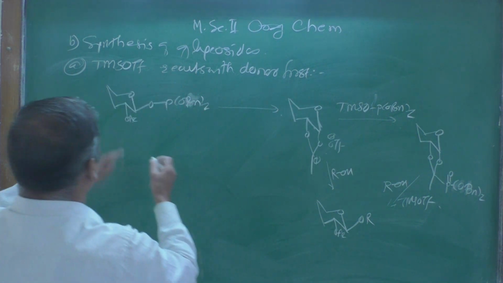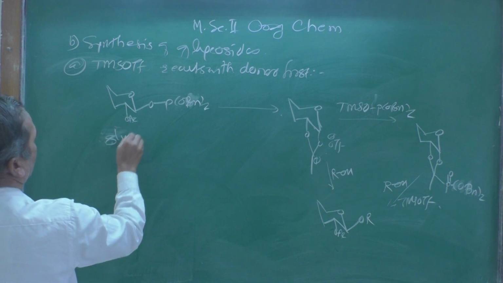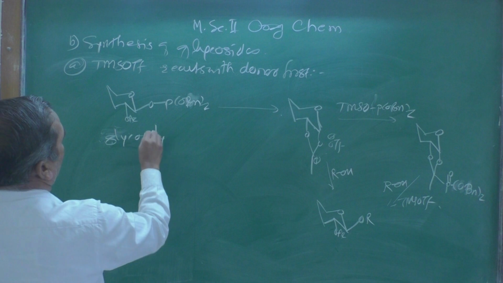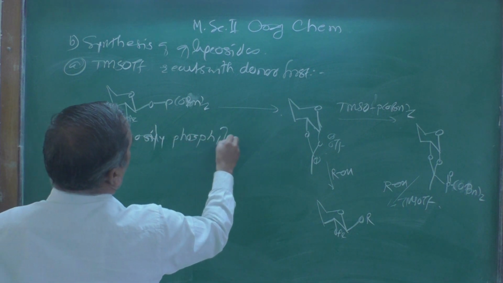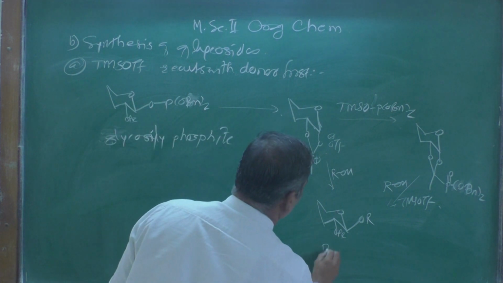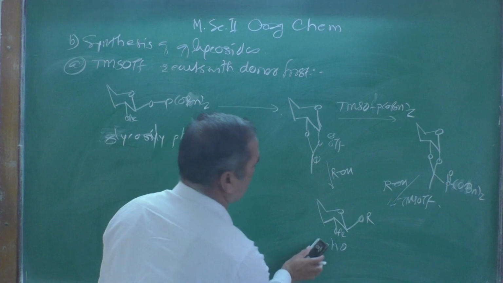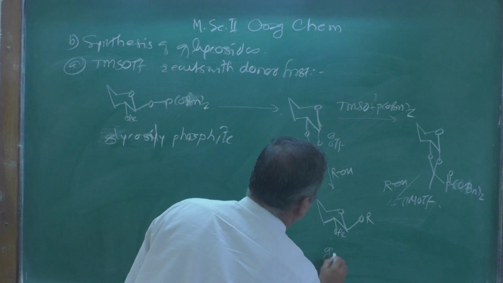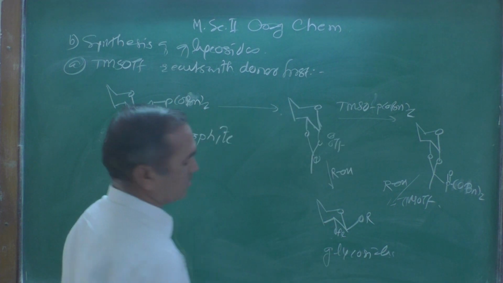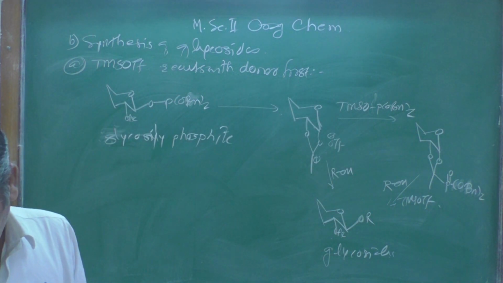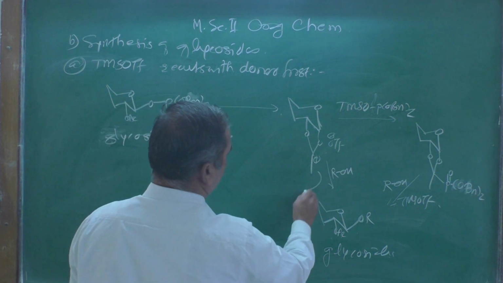Starting from the phosphite, this is nothing but a glycosyl phosphate, and from that we can get a glycoside. From that we can get glycoside derivatives, and this is further treated with, or here the generation of